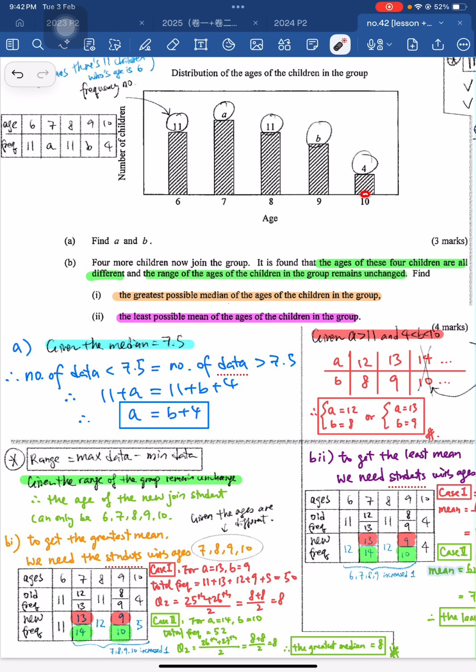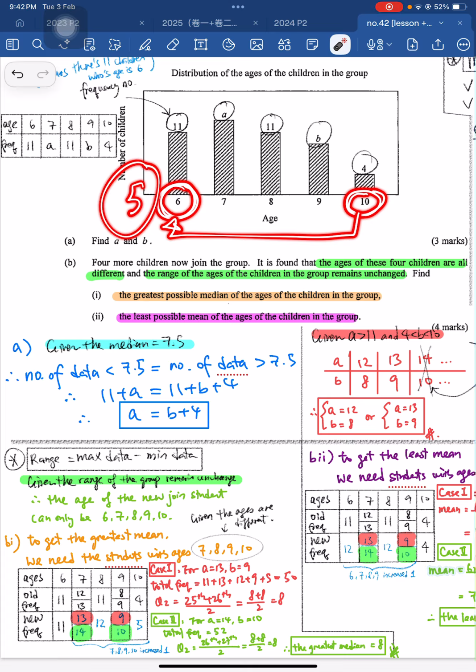So you can see from here the largest originally is 10 and the smallest, the minimum, is going to be 6. So the range here is going to be 4. So if the new student comes in, can it be 5? It's definitely not, because if the 5 comes in, then 10 minus 5, the range becomes 5, so the